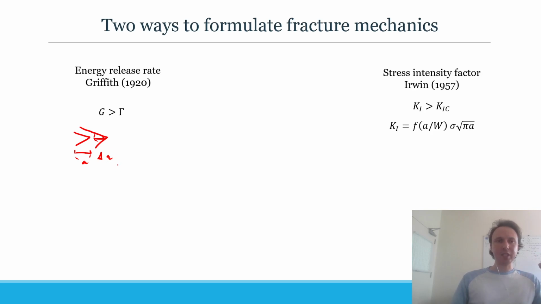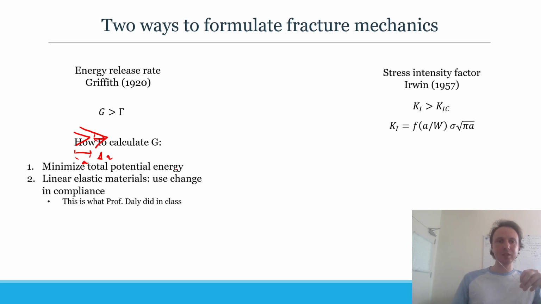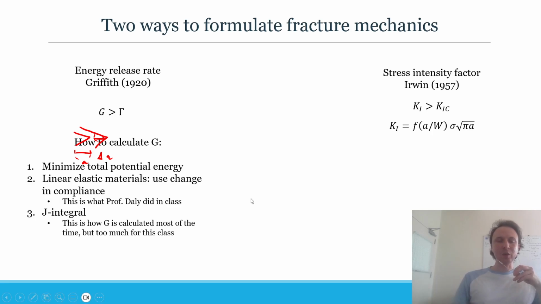And the problem is, once we start getting into how to calculate this, for elastic materials we can do these two things. We can either minimize the total potential energy, which is the external work minus the internal work, or we can use the change in the compliance. As the crack gets bigger, the material gets more and more compliant. Like imagine you have a plate with a big hole in it. That's going to be a lot easier to pull on than a plate that doesn't have a big hole in it. Or you can use what's called the J integral, which we don't have to talk about, but